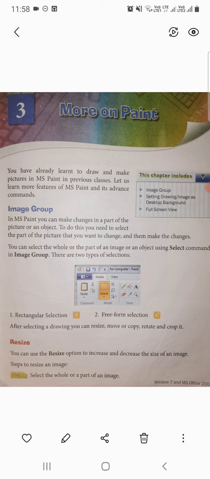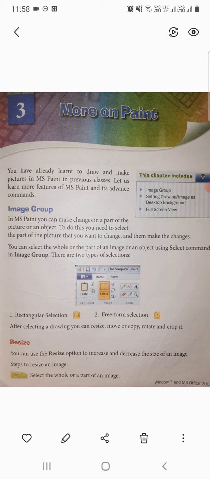So many tools are available, and the skew option and the rotation option, how you can rotate your image, change the image size, change the image position, how you can move your image. So there are so many things available in MS Paint to draw your images or pictures.